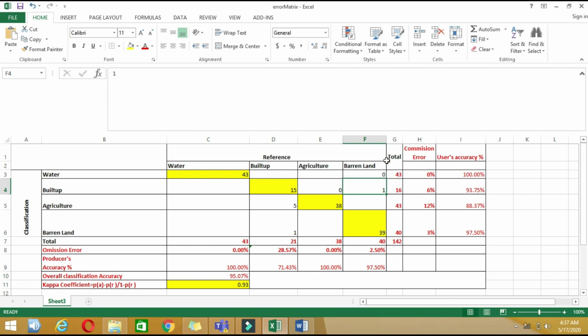Then you take a row total and a column total. Then you calculate omission error and commission error. Commission error is the error in which you have added information of one class into another. And in omission error, you have missed the information of that class and assigned it to other classes.